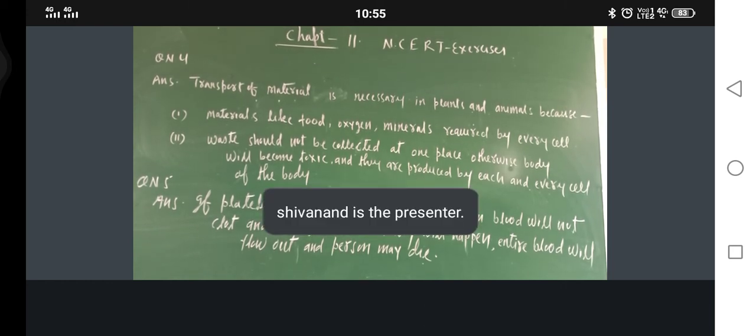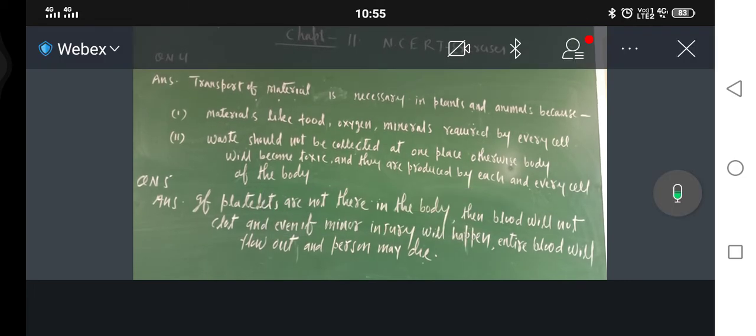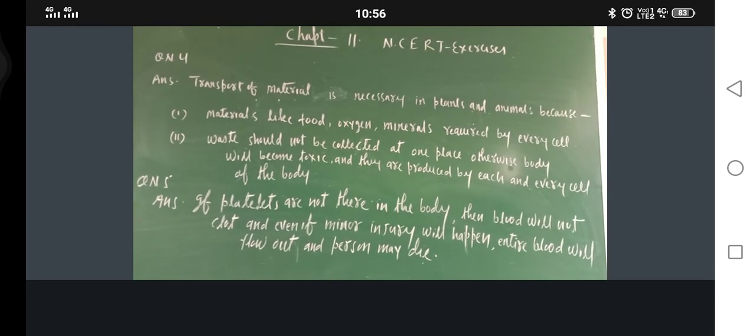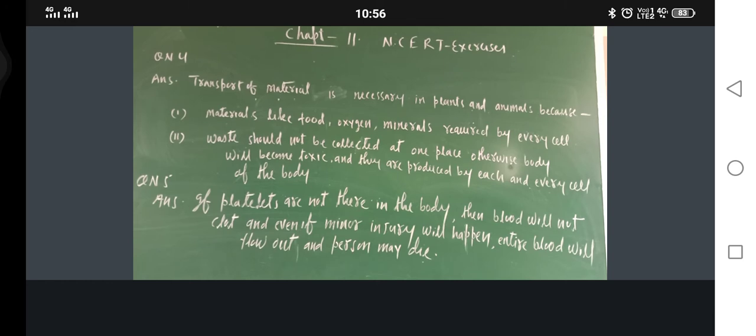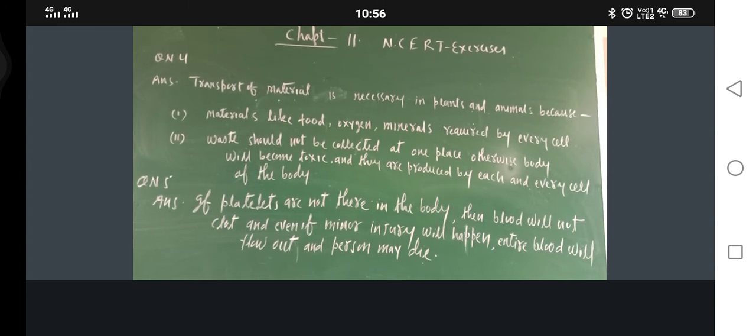And listen here carefully. If an accident happened and only some arteries and veins are damaged, so that operation may be successful. But if the entire arteries, veins and heart are damaged, then the person will die. He will not survive. It depends upon the extent of injury.